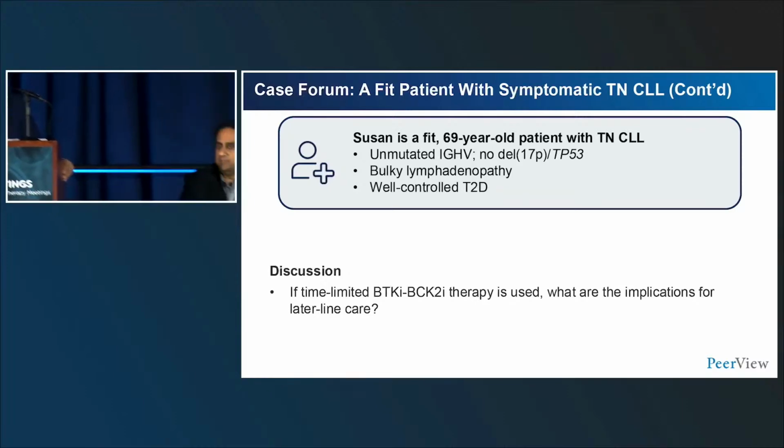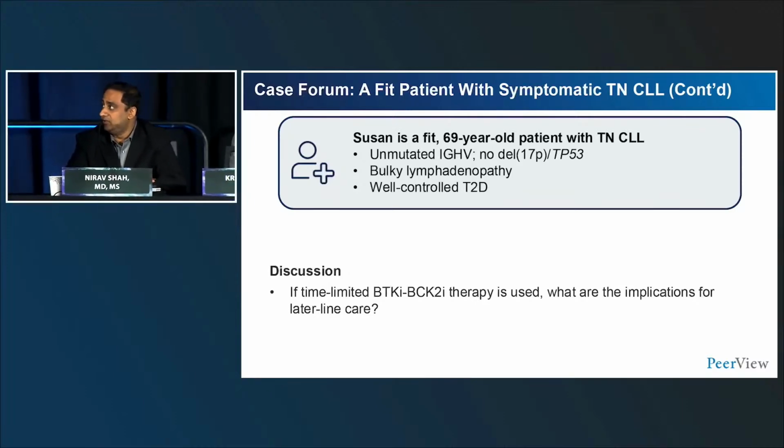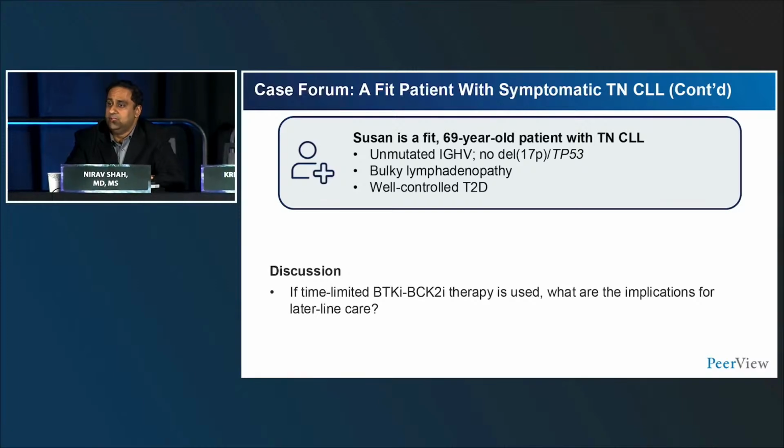Yeah, I think the data we have is limited, right? Because a lot of these patients have done well for a long period of time. Looking at those patients from CLL14 who got retreated with Ven after Ven-obinutuzumab, they had a fairly good overall response rate. So I think that at the time of relapse, I would then discuss either a fixed duration Murano type treatment